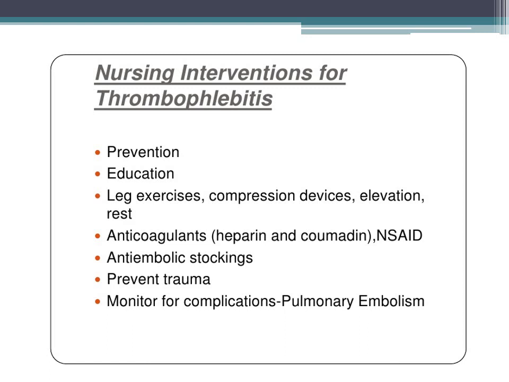Nursing interventions will include prevention, education, leg exercises, compression devices, elevating the legs, administering anticoagulants, maintaining that, wearing the stockings, preventing any sort of trauma, injury, infections, and monitoring for complications, the most important one being pulmonary embolism, as I told you, and ensuring that the lung scans are being performed, because we do not want any sort of